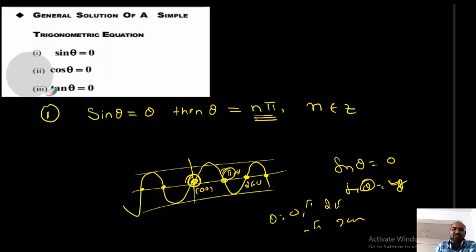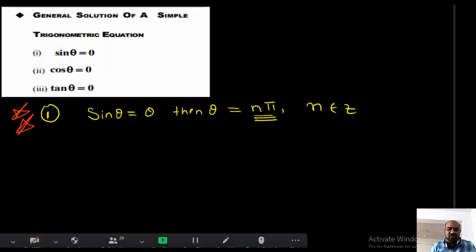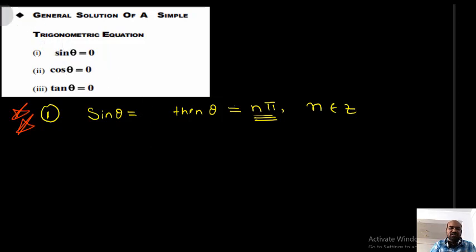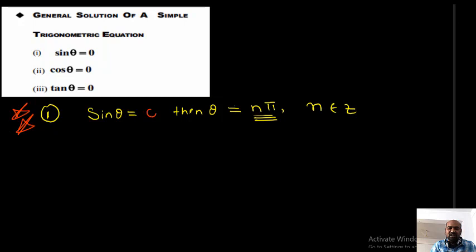Very, very important. Graphs of trigonometrical functions also very, very important. That too, the basic graphs. Students, this is the first important one. Sin 0, sorry, not theta here, 0 should be written. By mistake I wrote theta. I want to reduce the eraser size. Okay, no problem. Students, listen here. Sin theta equal to 0, then what is theta? Now I can say theta equal n pi. What is n? N belongs to Z. This you should remember.